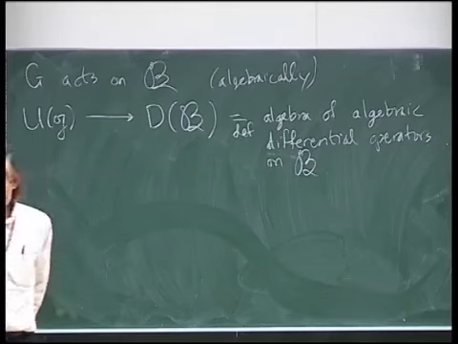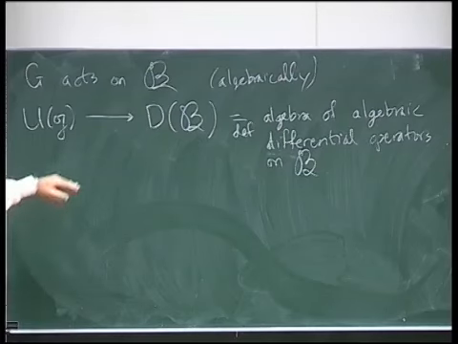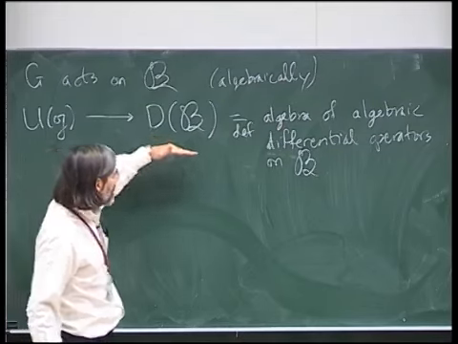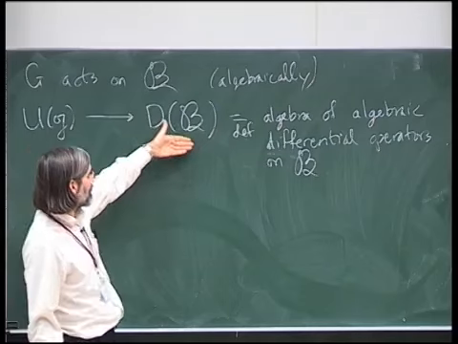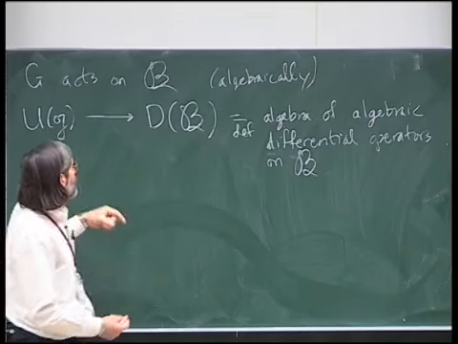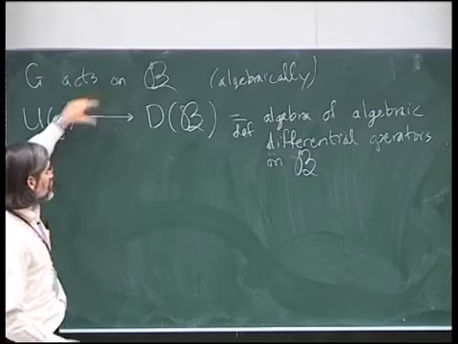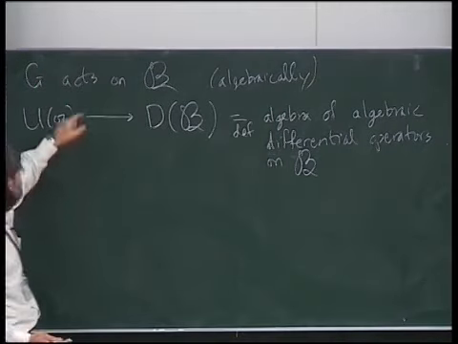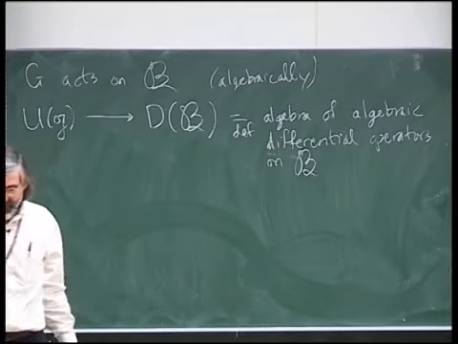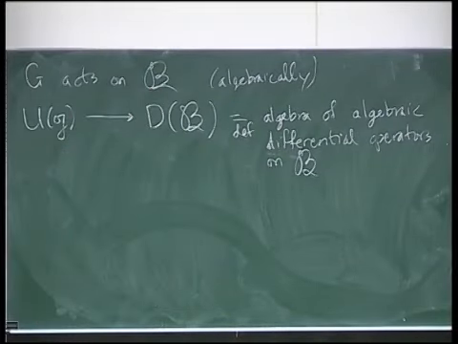But the situation is better for differential operators. The only zeroth order differential operators are the constants, but the action of this group provides some interesting vector fields on B. Actually, yeah, it provides all of the